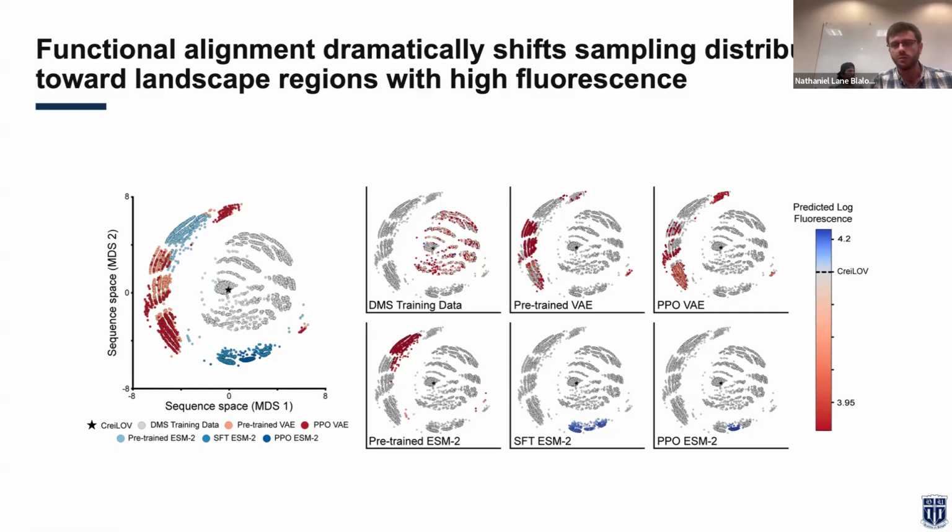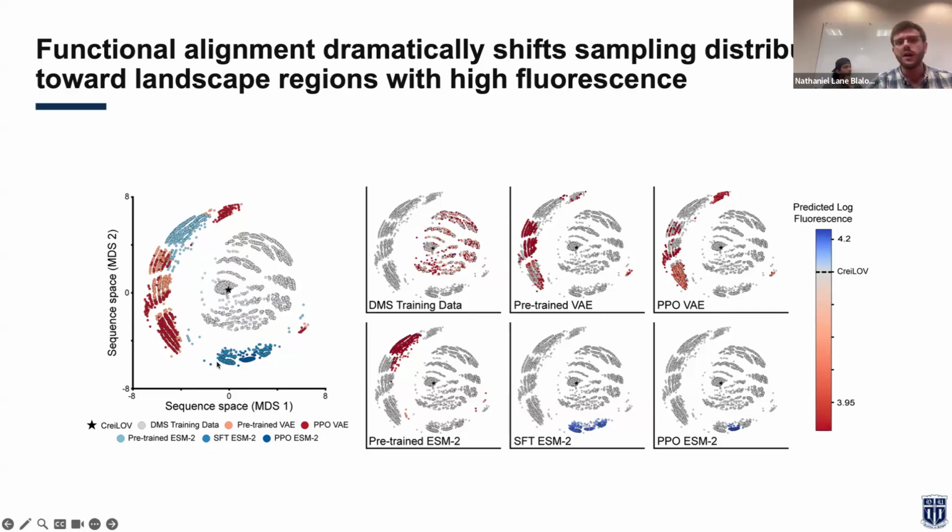And so when you do the multi-dimensional scaling of this and take the first two dimensions, what this means is that when sequences are closer in space, their circles are going to be closer on the plot. And when they're further in sequence identity, they're further away. And so what you see is the pre-trained VAE in pink and the pre-trained ESM2 model in light blue. They actually have quite a bit of overlap, which you might expect because they're trained on natural sequences. And you can see that after alignment, after SFT alone, they're now anchoring in a different region